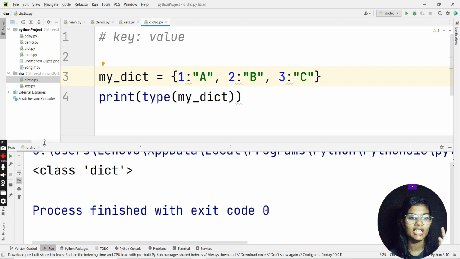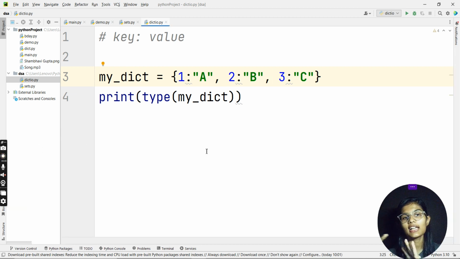That's the data type or the data structure which is stored in this respective variable.